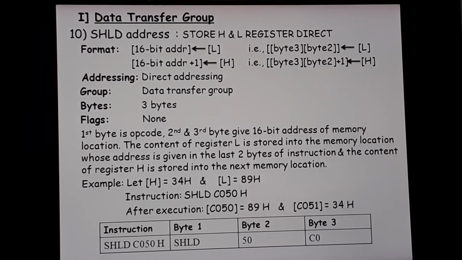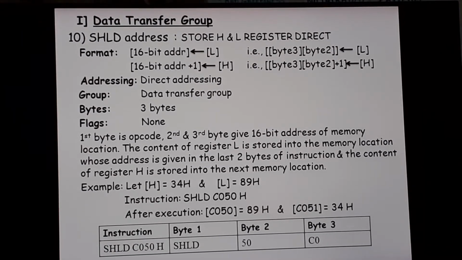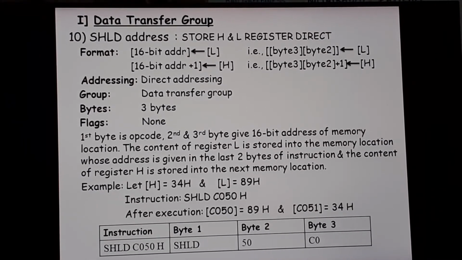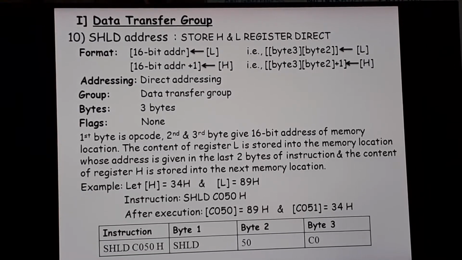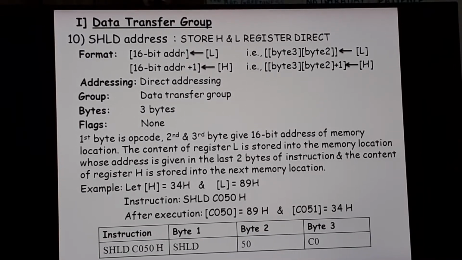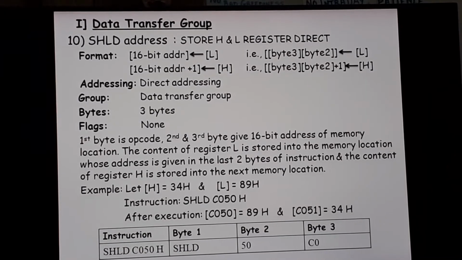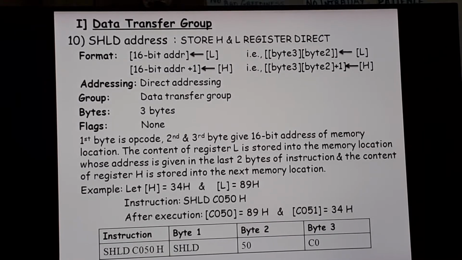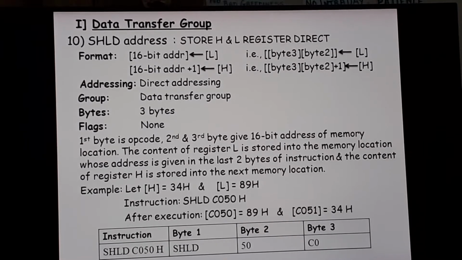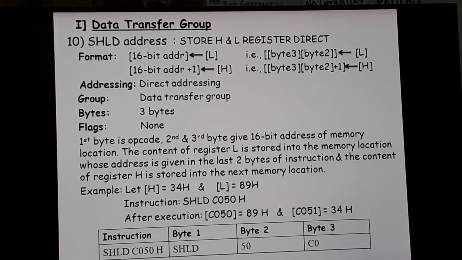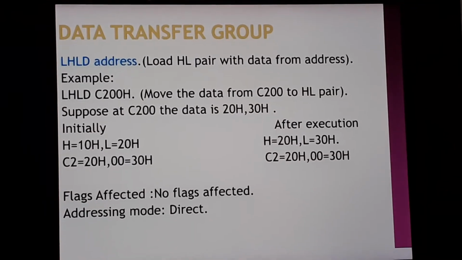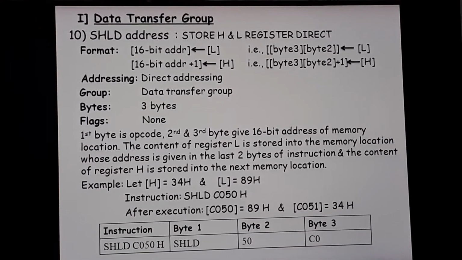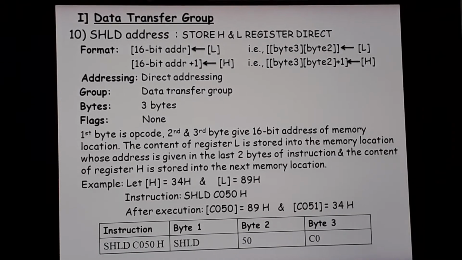So what it does: it stores the HL register pair directly, whereas LHLD loads the HL register pair directly. Okay, now see the format. The format is a 16-bit address, and L and H are both register pairs. So I have separated both, L will be one register and H will be one register. The L register data will be moved to the 16-bit address and then the H register data will be moved to the 16-bit address plus 1. In the previous instruction, LHLD, you can write the same format, but instead of writing L and the arrow towards the 16-bit address, as in SHLD,